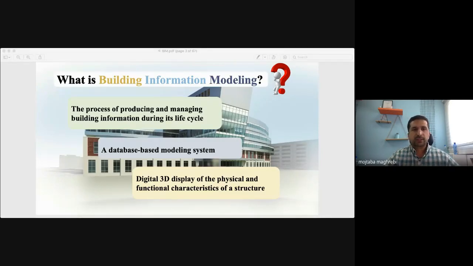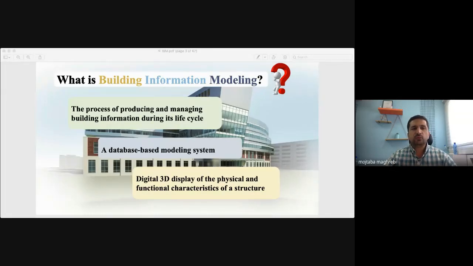project. The problem is that for a project, we don't have only one kind of drawing. We have a set of drawings, totally independent drawings for mechanical and MEP, for architectural, and for structures. And all of those drawings are maybe very independent. They're not linked together. The concept of BIM is moving from 2D drawings to 3D drawings.